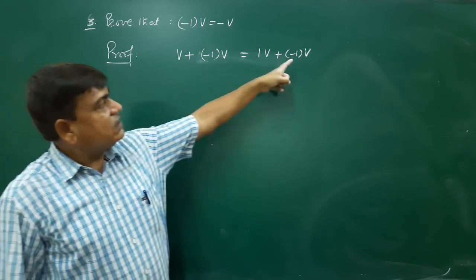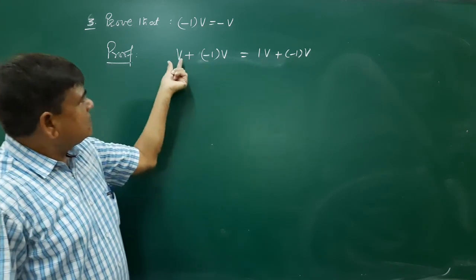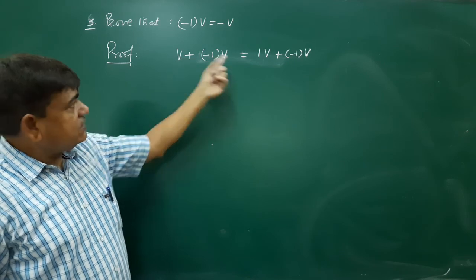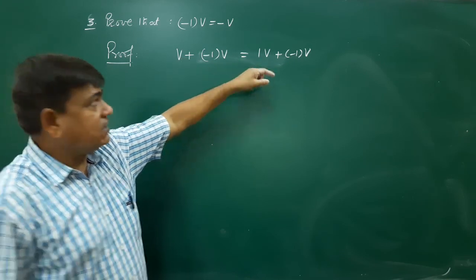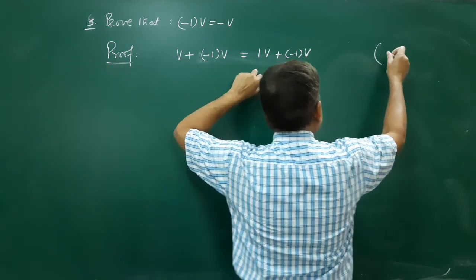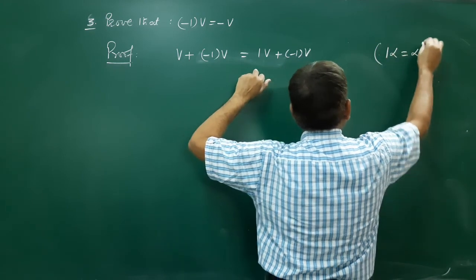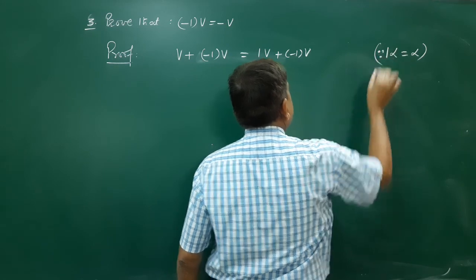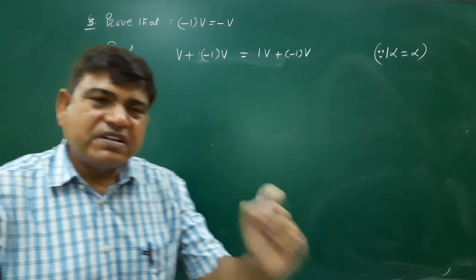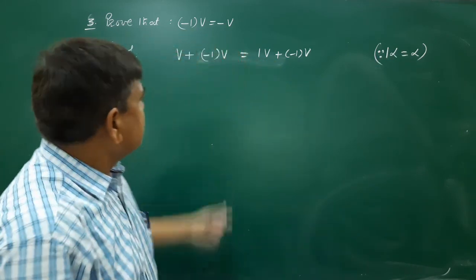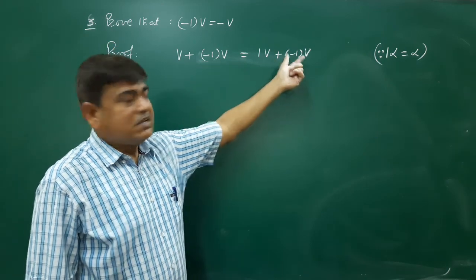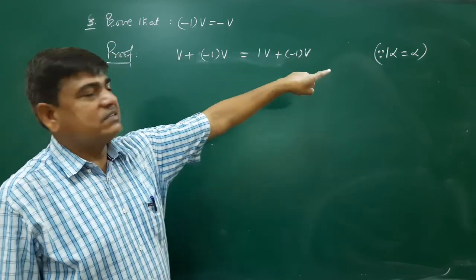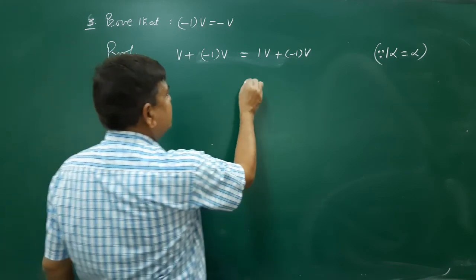This can be written like this. V is nothing, it is 1 into V. You can write the property in C. 1 into alpha equals to alpha. Write the proper reason why people are writing. This element is as such. But instead of this, I have written because it is that. Then is